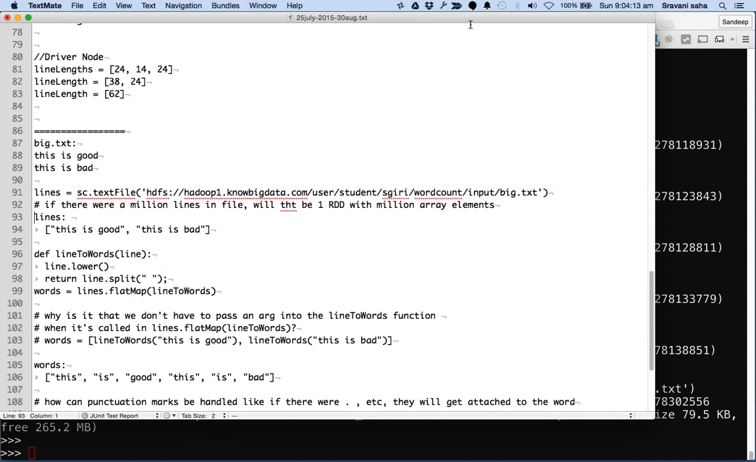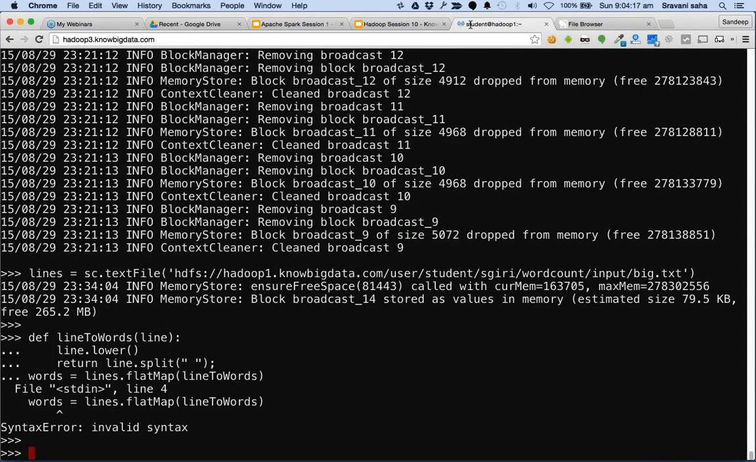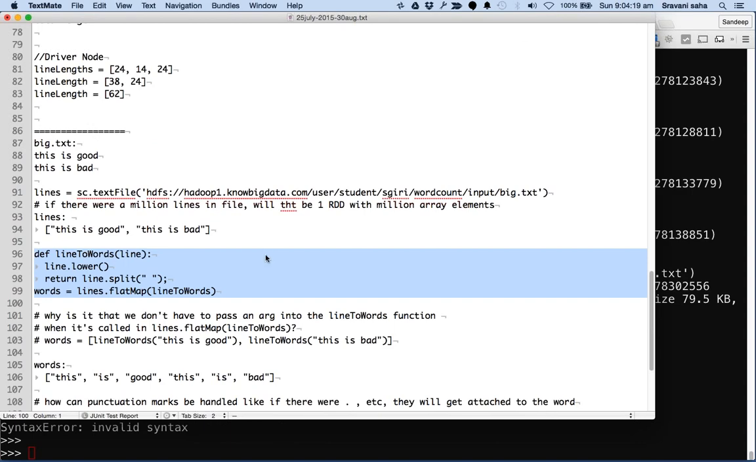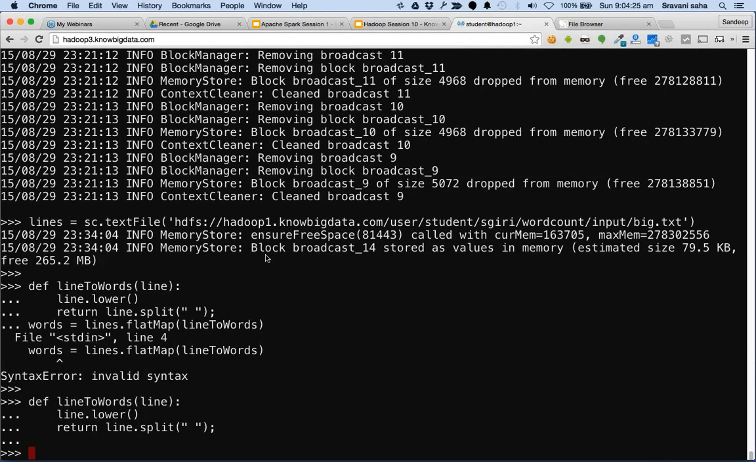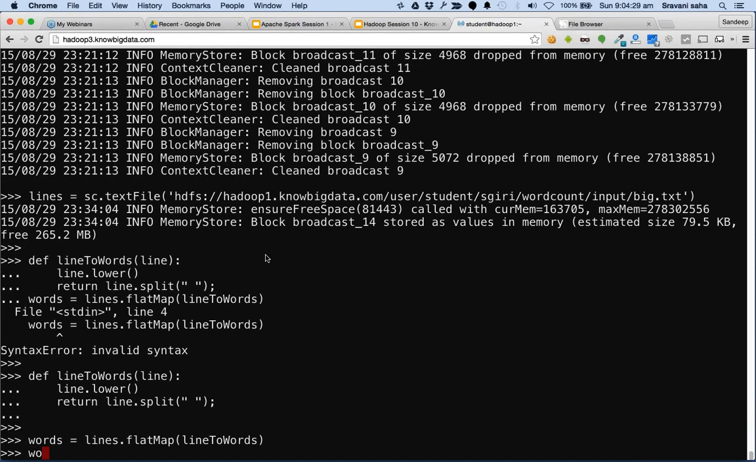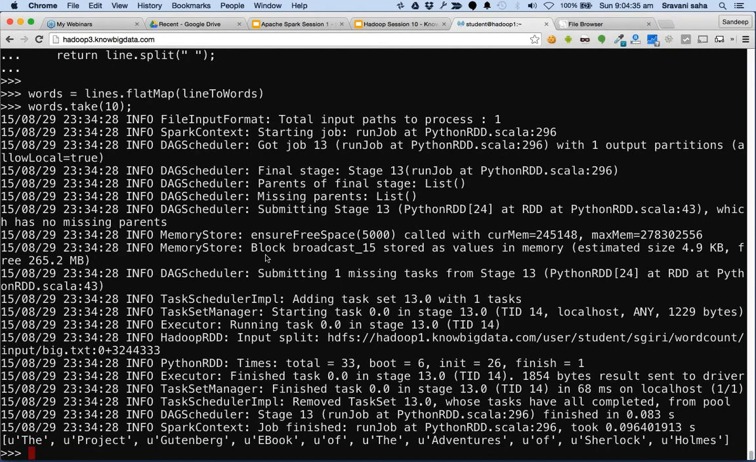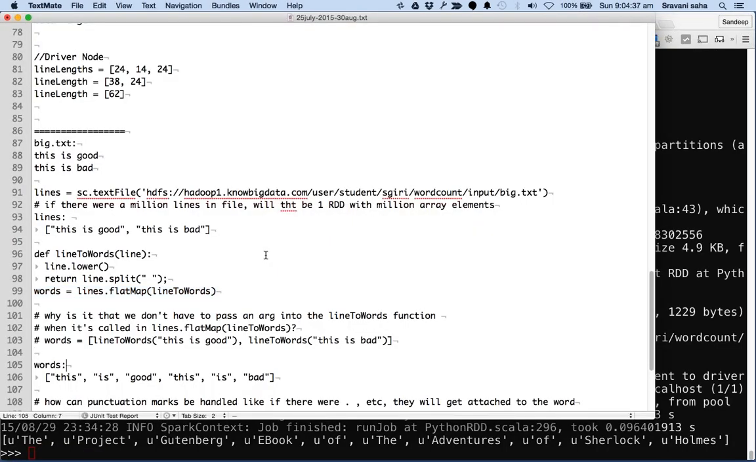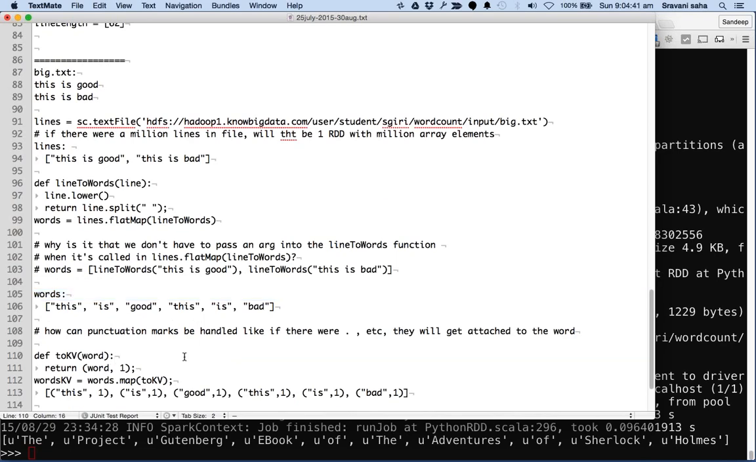All right, we loaded the data, then we define this. And what is wrong with it? All right, now let's do the flat map. Now if you say words.take, you will have clarity as in what's going on, right? And then you can do things like, after this, you can define